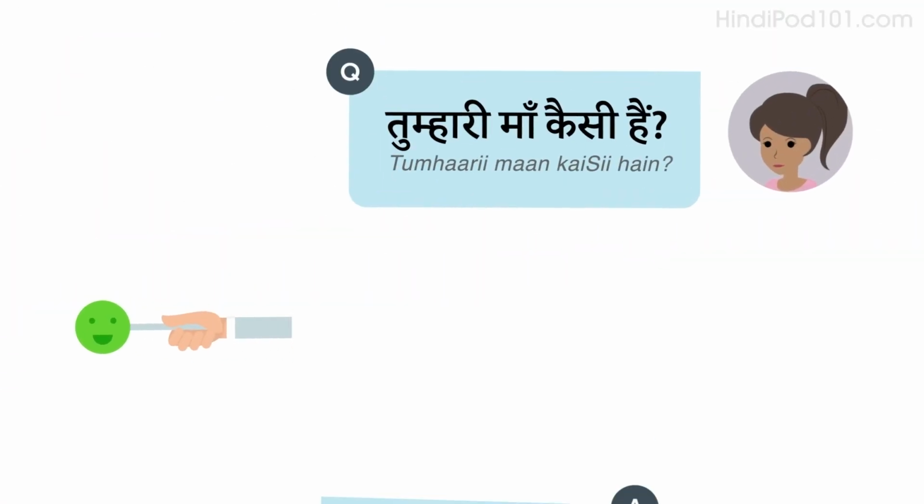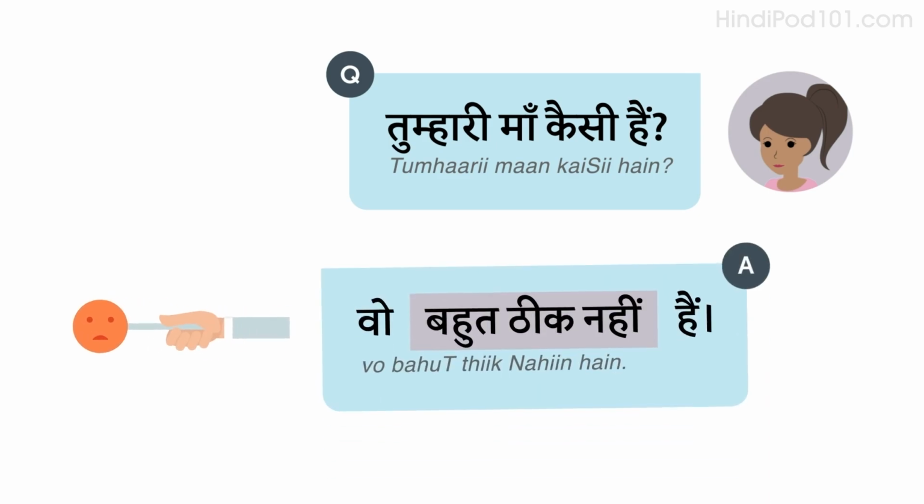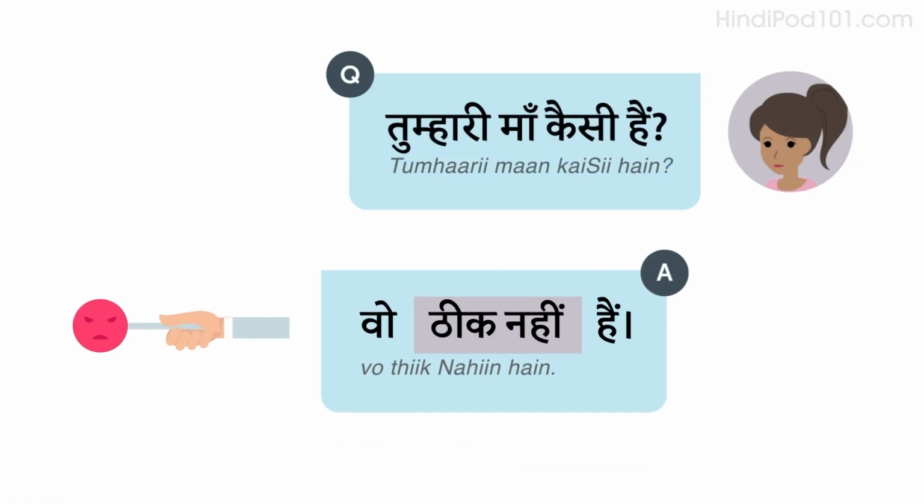Let's look at some examples. Listen and repeat or speak along with the native speakers. तुम्हारी माँ कैसी है? वो बढ़िया है। तुम्हारी माँ कैसी है? वो बहुत ठीक नहीं है। तुम्हारी माँ कैसी है? वो ठीक नहीं है।